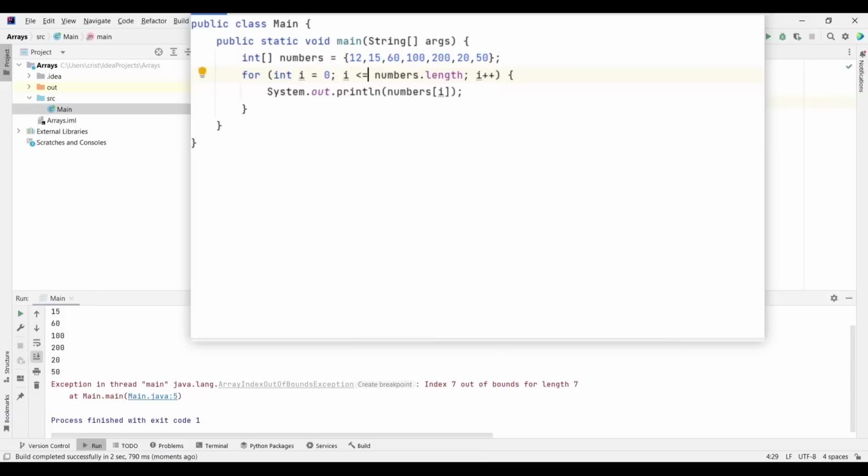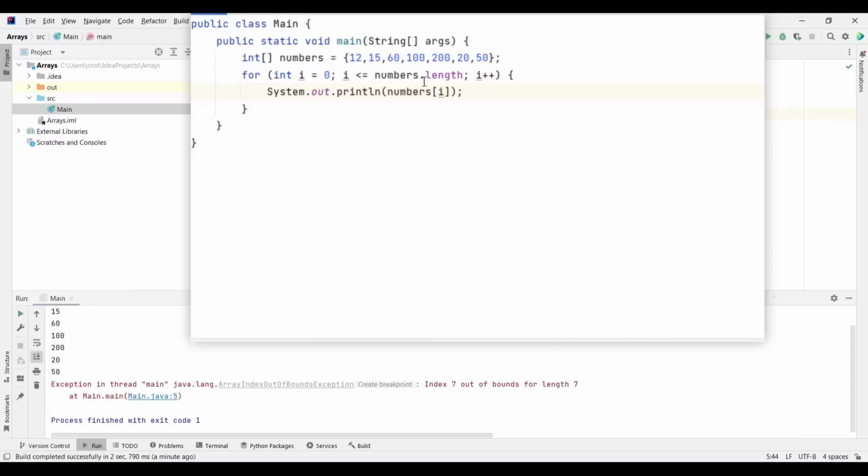So it's saying that because our elements are stored at indexes, we have here 1, 2, 3, 4, 5, 6, 7 elements, but the last index is 6, and when we put here i less than or equal to numbers.length, we try to get the index 7 in this line of code, and index 7 does not exist. So this is why we get index 7 out of bounds for length 7.